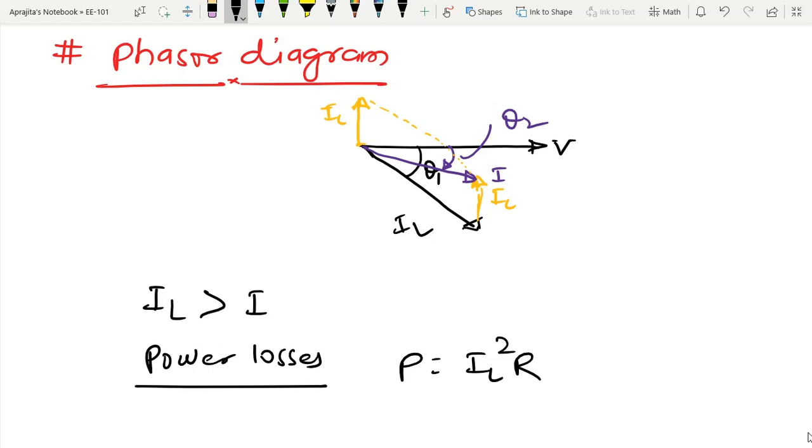Therefore, it is beneficial to both the power company and the consumer that every effort is made to minimize the current level, or keep the power factor as close to unity. So as we decrease the power factor, you can see what happens: the magnitude of current is lesser. So that is the effect of the magnitude of current and